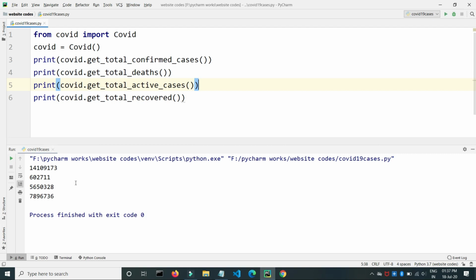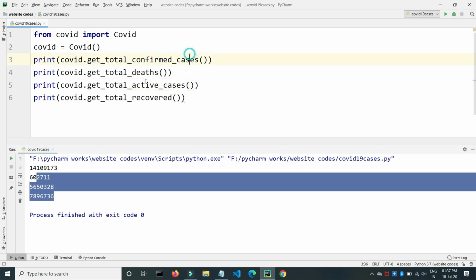So here, as you can see, the first is around 1 crore 41 lakh. Okay, so this is 60 lakh, so this is the data. As you can see, confirmed cases, total deaths, total active cases, and total recovered.